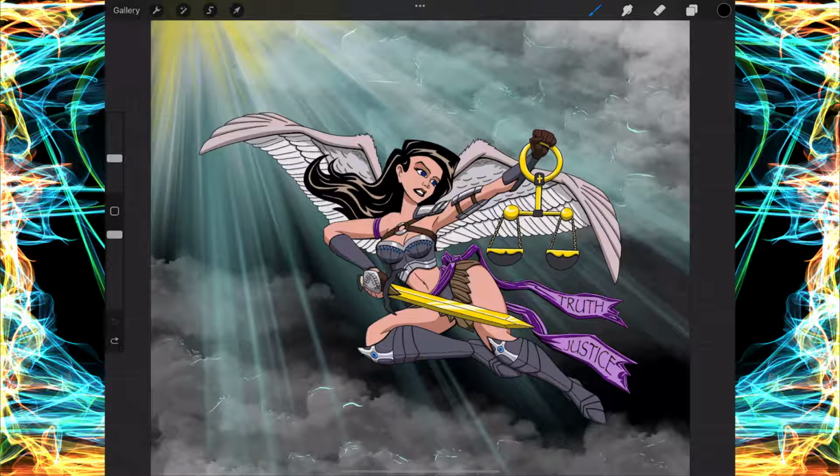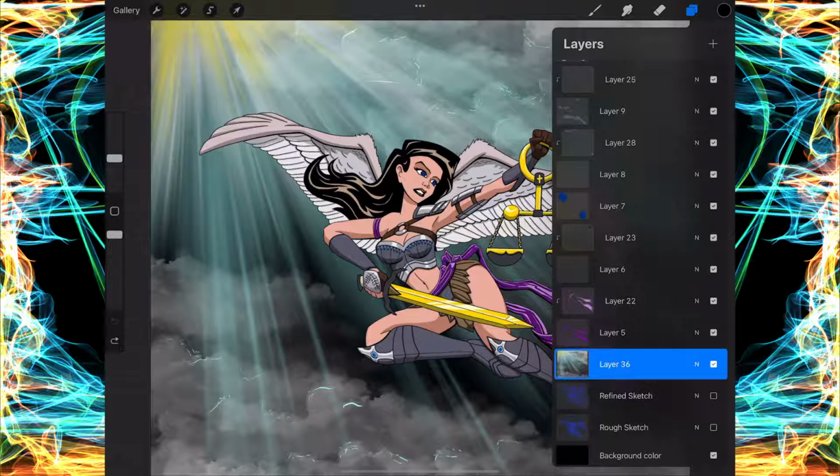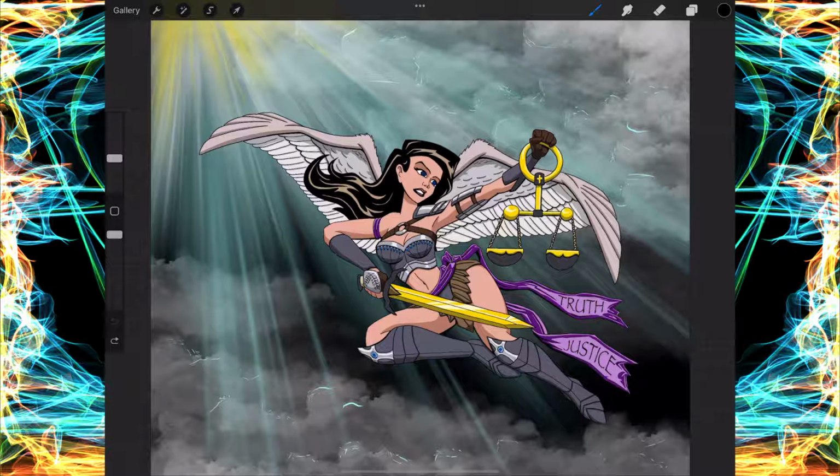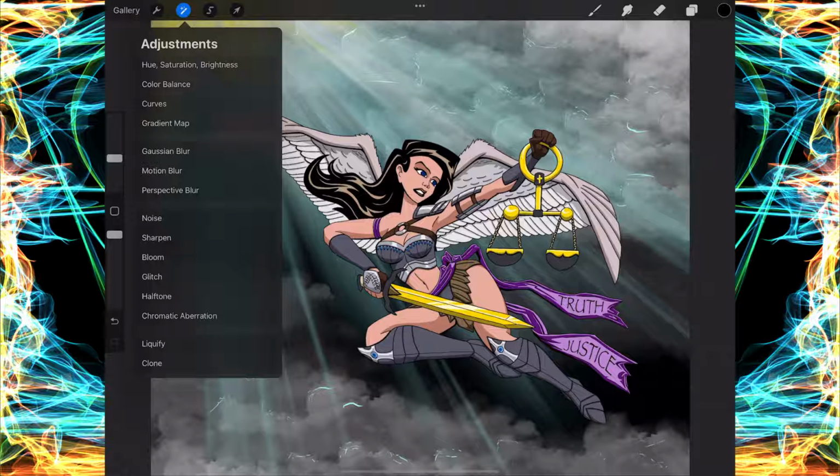So what we are going to do is we're going to make sure that the background layer is selected, and we can see that it is of course selected, and we are going to go up to the far left corner, not the second button over, into the adjustments, and in the second section of that you'll see Gaussian Blur. We are going to click on that,